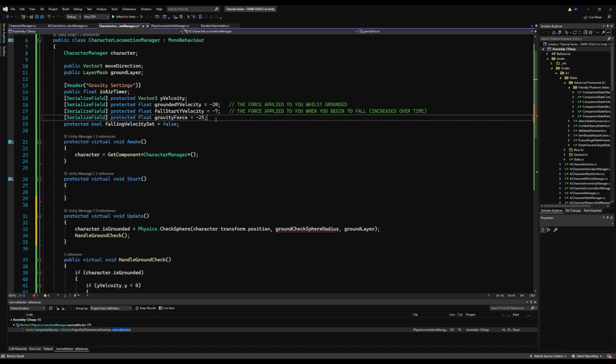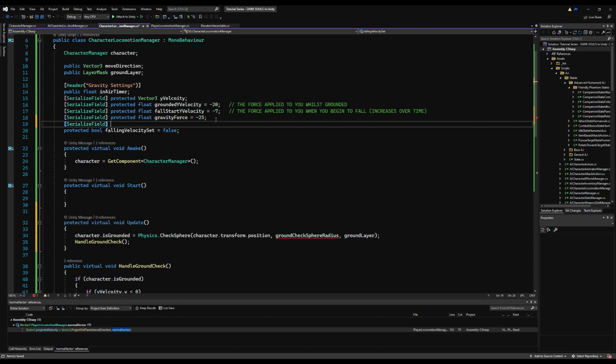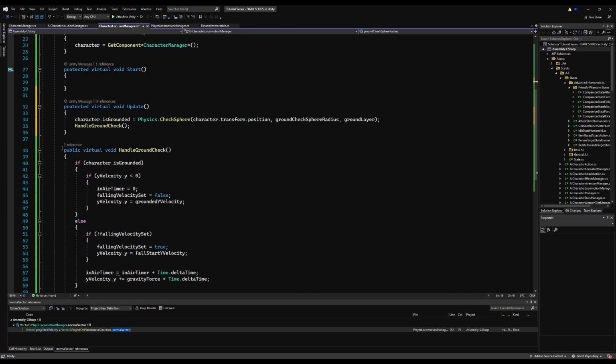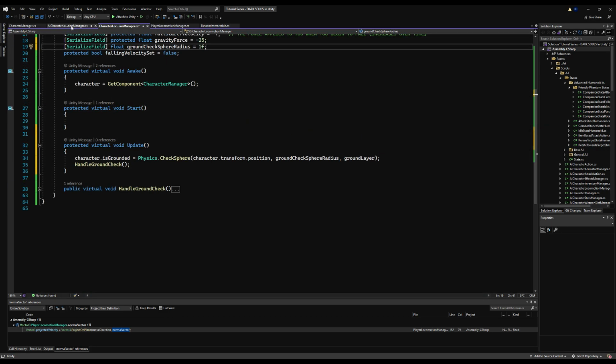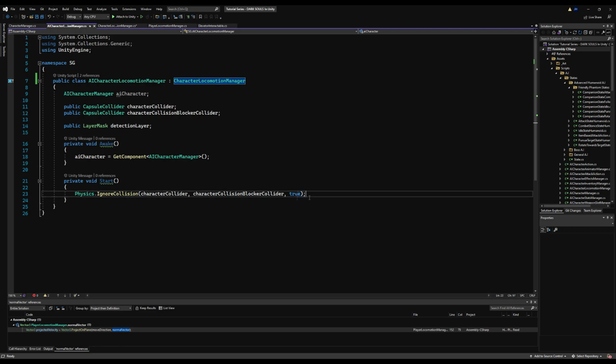So let's go up here now and make this, and I have no idea how large this is going to be, so I'm just going to make a float. I'm going to set it to 1 for now, but I know that's most likely too big, probably by a fair amount, but we'll change that momentarily. We're also going to make a gizmo so we can see this, but first let's go over here